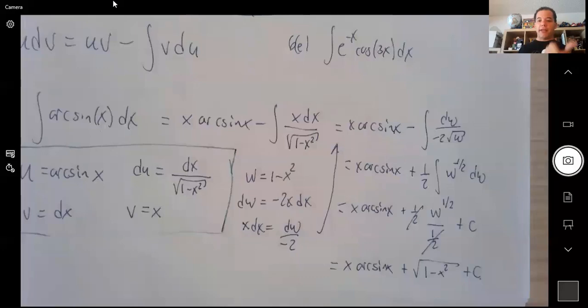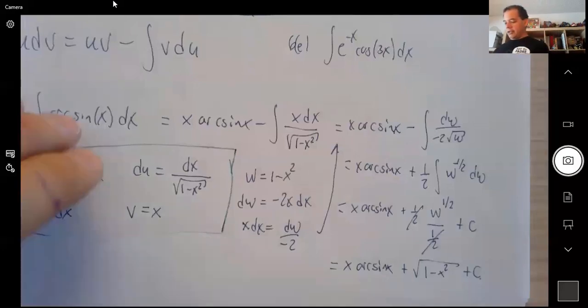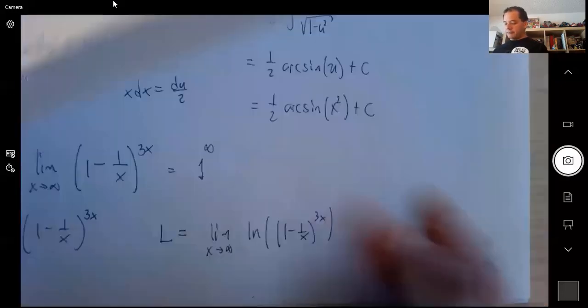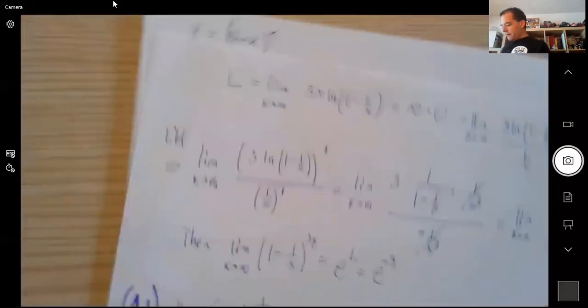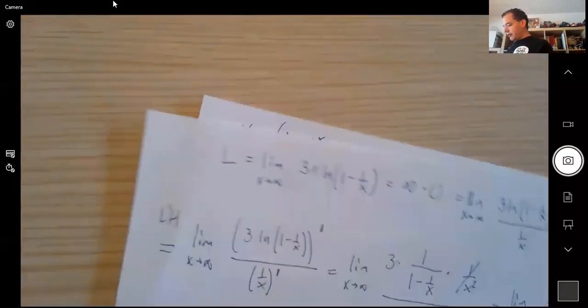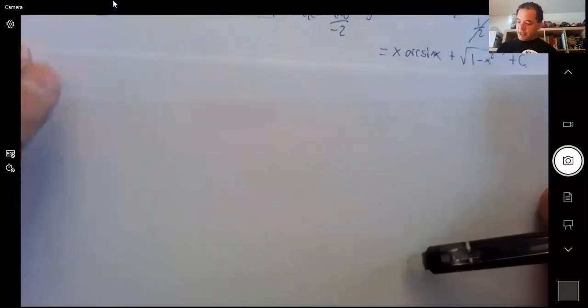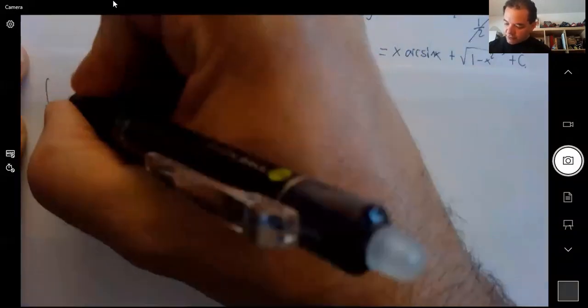You know, it works for ln, it works for arcsine, arctangent, and arcsecant. Good. Now for the other one that I wanted to do, and the other one is a bit more complicated. It requires us to do the integration by parts twice. It's one of those in which what you get, then you need to solve for it. So if you do this one,